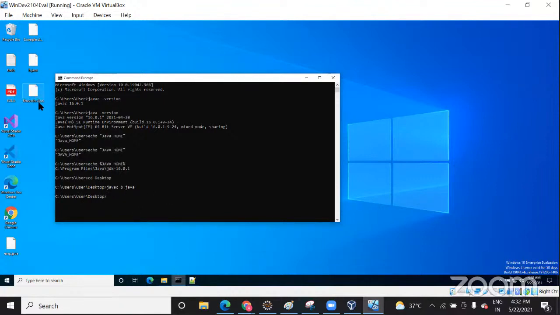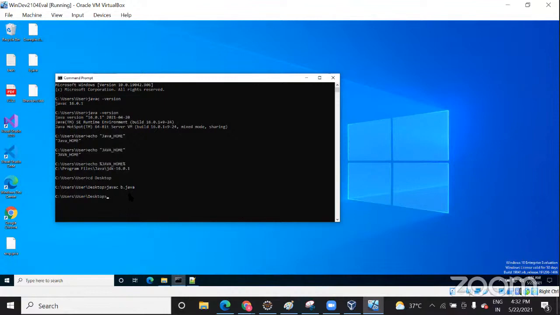Do you know what this class file is? I don't know. This class file is actually the bytecode. What do you mean by bytecode? Zero and one. This is actually the system portability. Java is a portable language, right? What do you mean by portable? You can take this and open it in any system. So you need this file to be run on different systems. When you take this file to a different operating system, it will run your program.